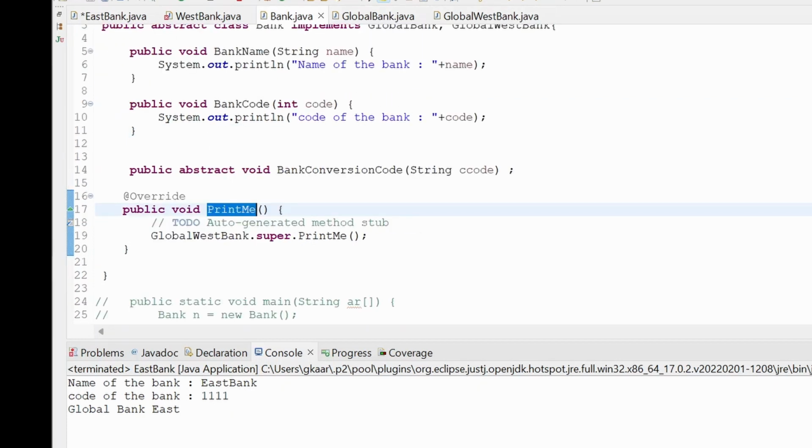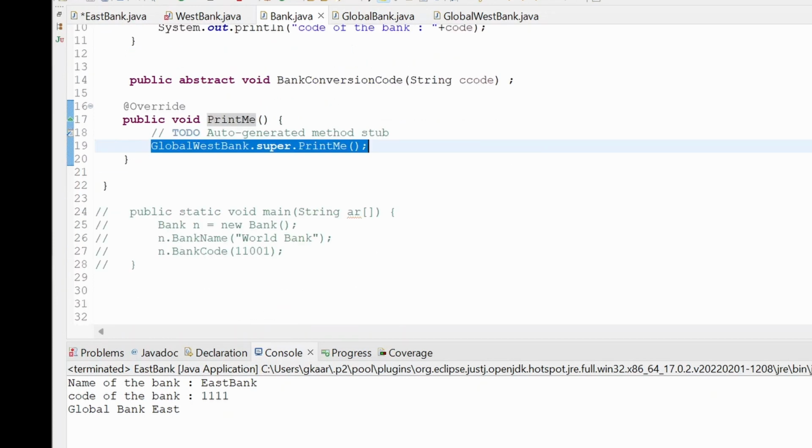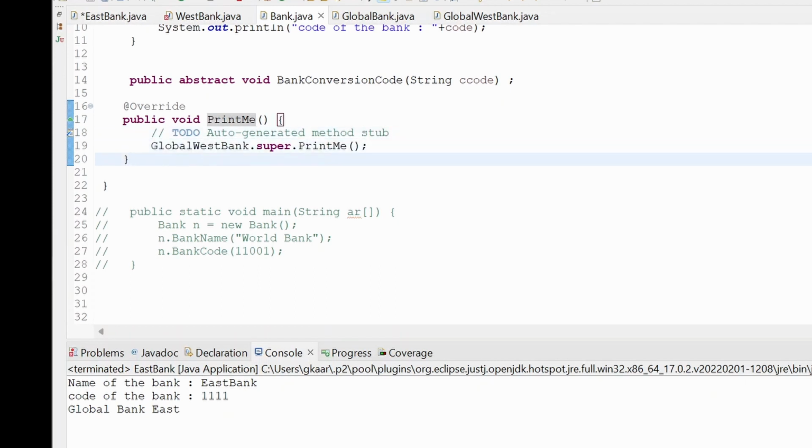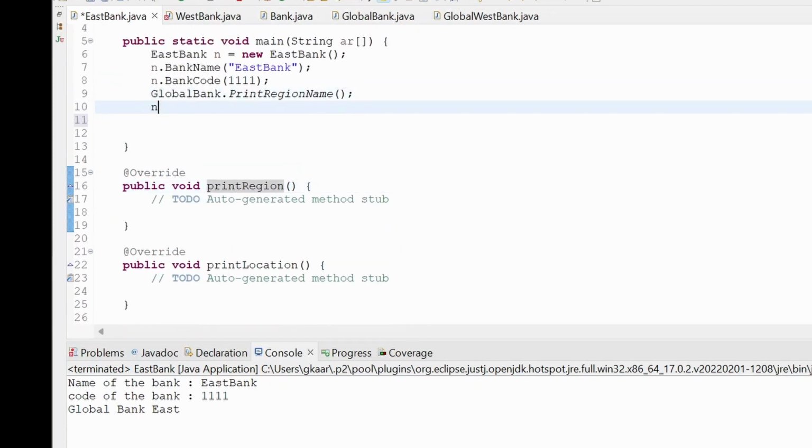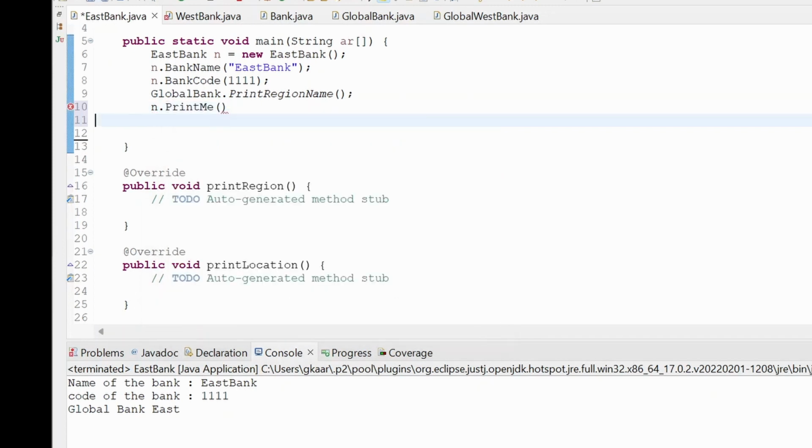But at my abstract class, I have the privilege to say which bank I wanted to print. So I have this. Now this method name that I wanted to print is going to be from West Bank. Let's take this, and I am going here. Now if we put n dot print me,